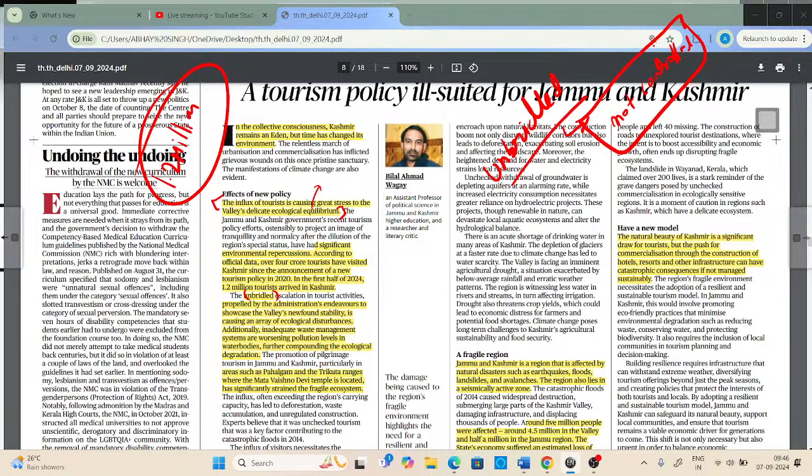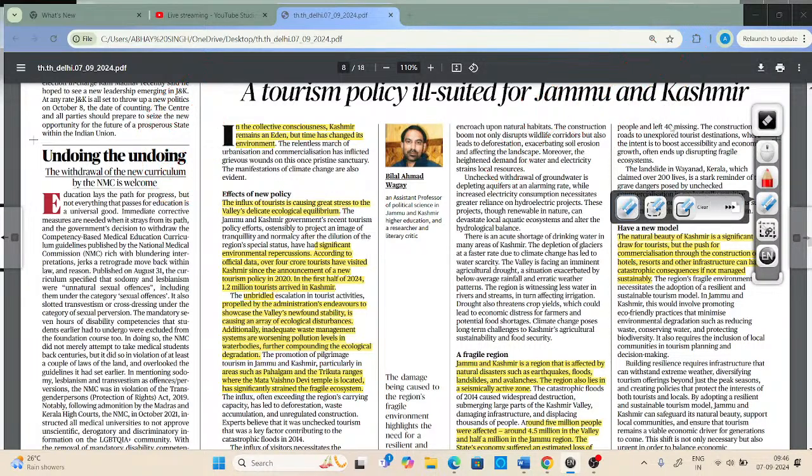Now also one important thing that we have to understand, which basically is giving a precedent, is that in the past Jammu and Kashmir have witnessed a lot of natural calamities like earthquakes, floods, landslides, avalanches, and cloudbursts. So if we want to protect the people of Jammu and Kashmir from the fury of nature, then we have